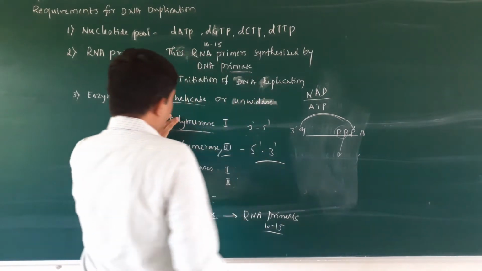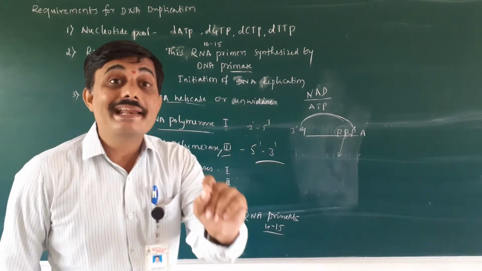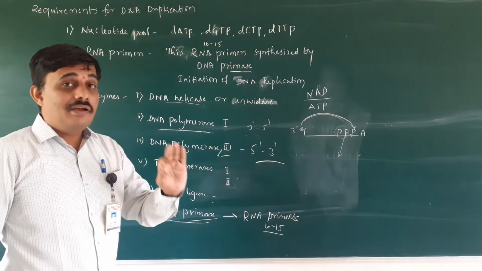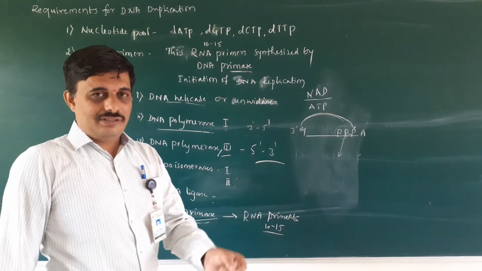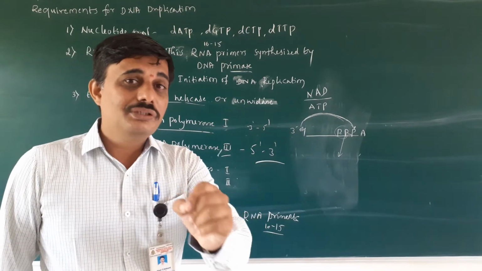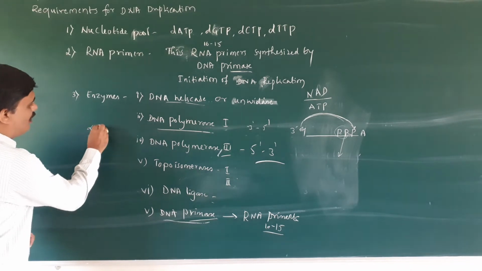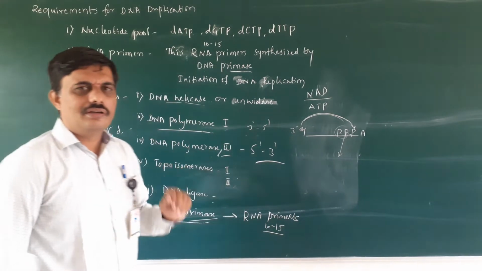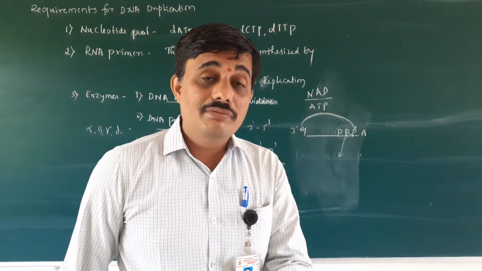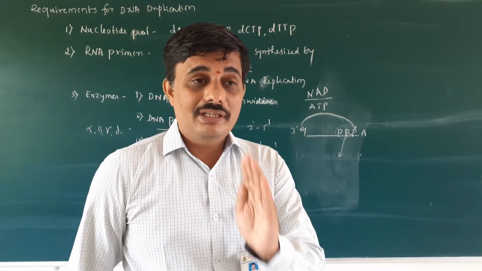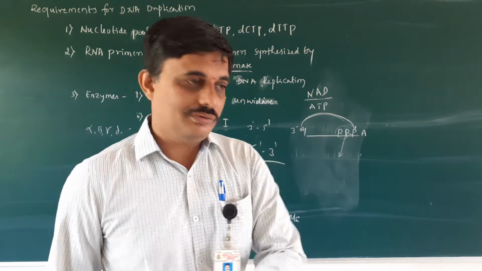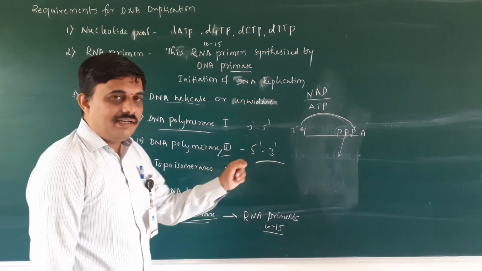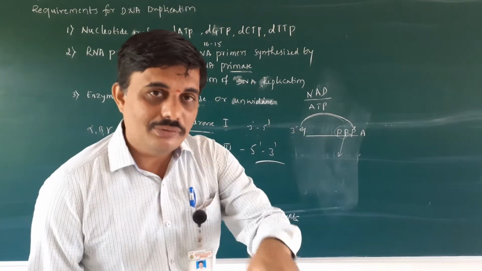These are all enzymes in prokaryotes. The DNA polymerases that do DNA duplication in eukaryotes include alpha, beta, gamma, zeta, mu. Many DNA polymerases are there, and they are involved in the DNA duplication mechanism in eukaryotes. These are involved in the DNA duplication mechanism in prokaryotes like E. coli.